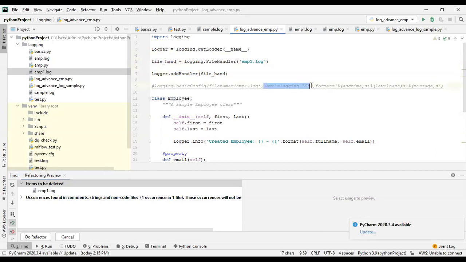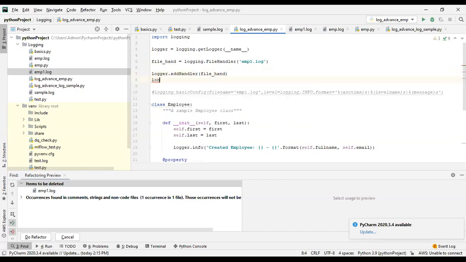Then I need to set the level. In the basic configuration you are setting the logging level, right? The same thing I want to do here. So I'll set the level here: logger dot set level to logging dot info.